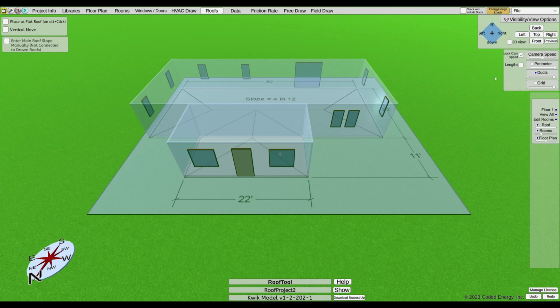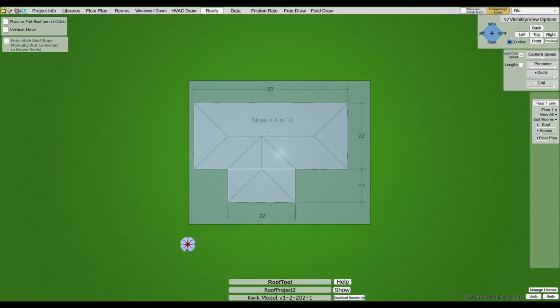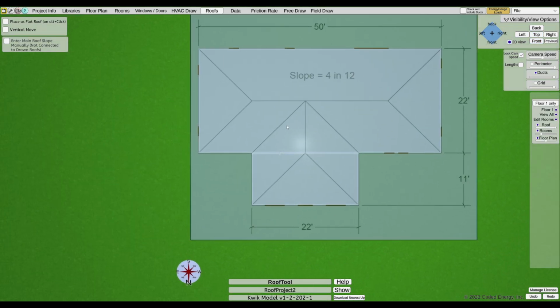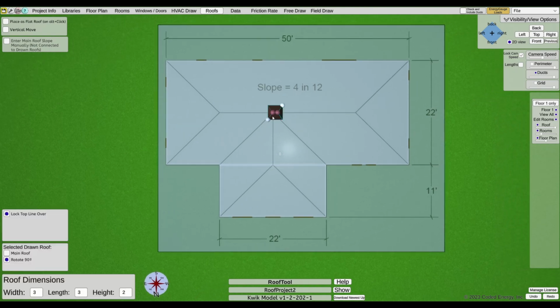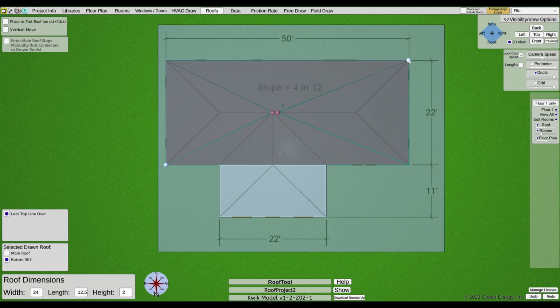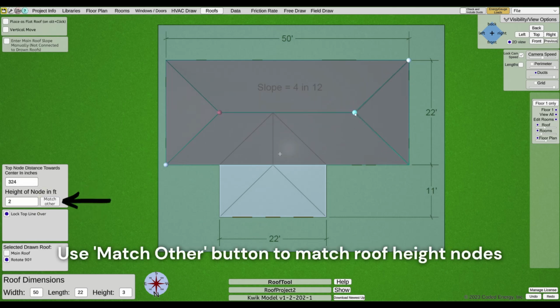Now we can go into the roofs tab and add the roofs. It's just going to be 2 roofs for this house, nothing too crazy. A big one right here is going to be the main roof for this house. I just drag those white handles to the corners of the house, and I'm going to drag these pitch handles to match the roof plan and give it a height of 4